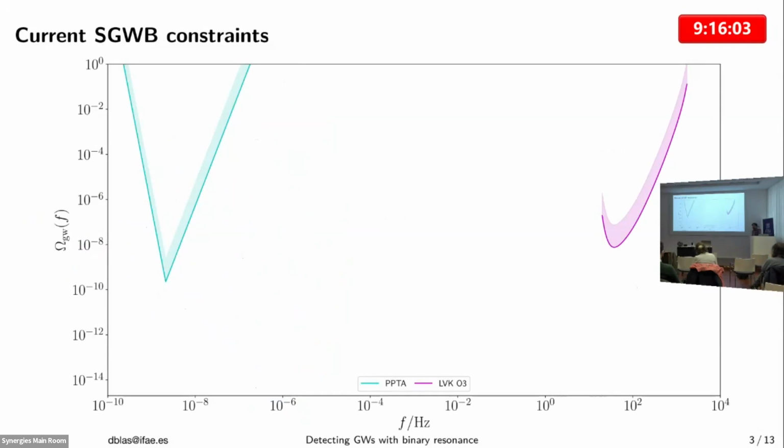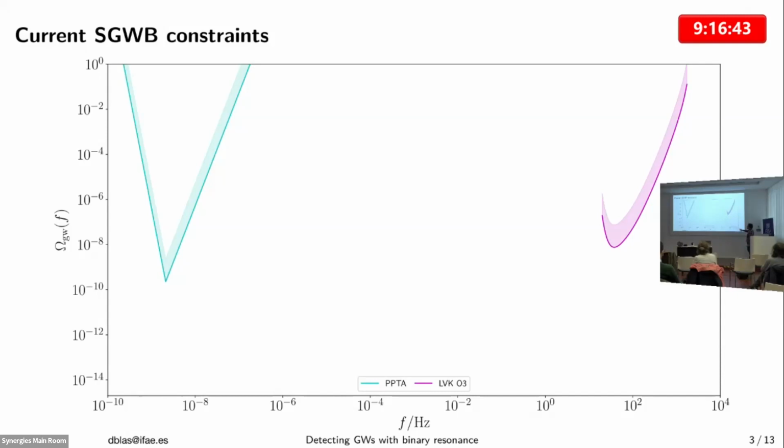So where do we stand on these observations? You may think that we are very much advanced, but we are not. Of course, we have amazing limits for this background, but still we are very far away from a spectral coverage of gravity waves. This is today. This is the frequency in hertz, and this is the amplitude of this energy density. Let me start with this curve here, around 10 to the 2 hertz. This is LIGO Virgo, around 3.